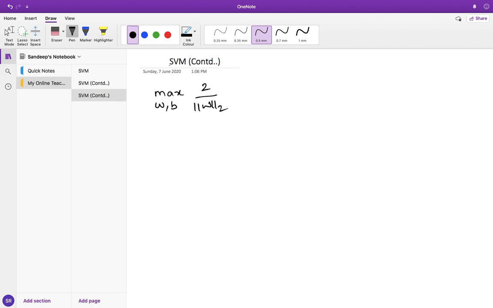These are the b. So in the optimization literature, you have a property: if you want to maximize one function, you can minimize its inverse. So minimization of W comma b. You can leave out the constant because it doesn't affect the minimization problem. So this is what we are interested in. We want to minimize this thing, but it is not just this thing. We are more interested to also apply some constraints on it.